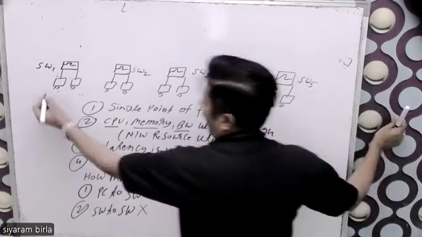So how does this side's PC communicate with the other side's PC? I need one centralized switch. I need to connect to a centralized switch. This switch has high horsepower.